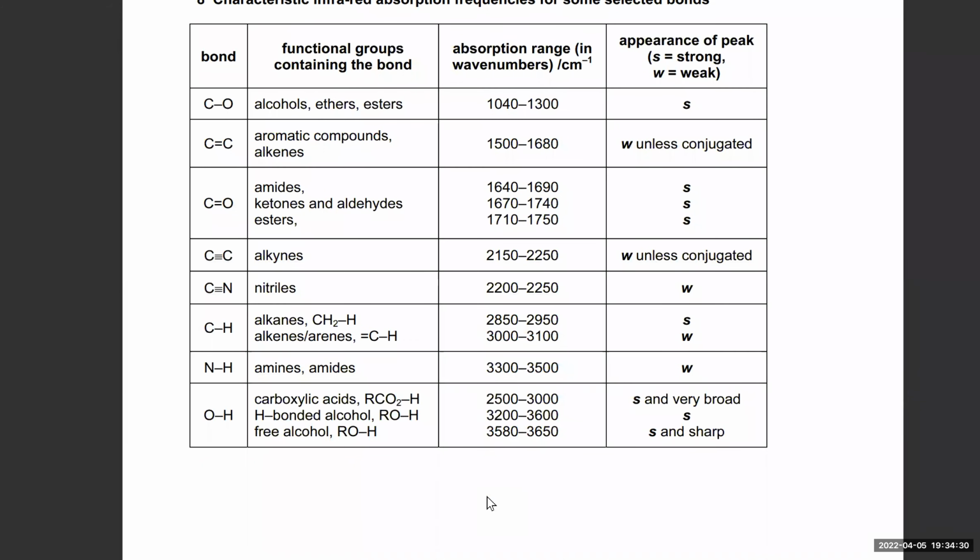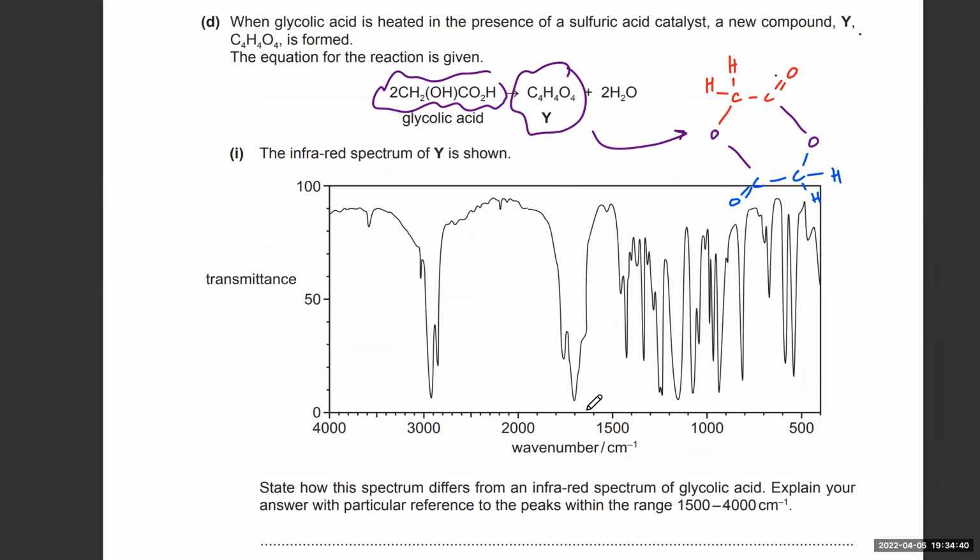Now, the most unique bonds that can be easily identified are the C=O bond, because they have a strong absorption in the 1600-1700 range, which in this case you do have one. So there's a strong absorption. So that kind of indicates that it's got a C double bond O group. So you do have a C=O group,